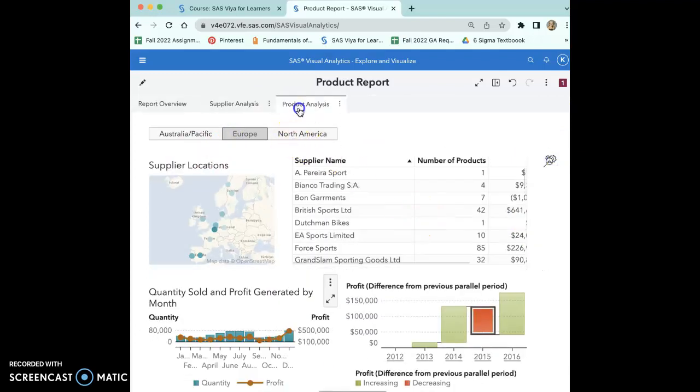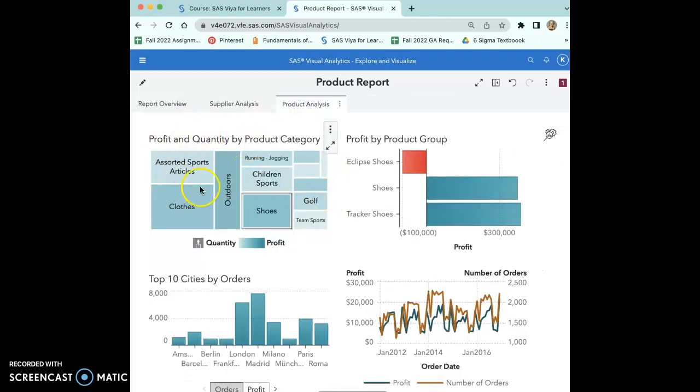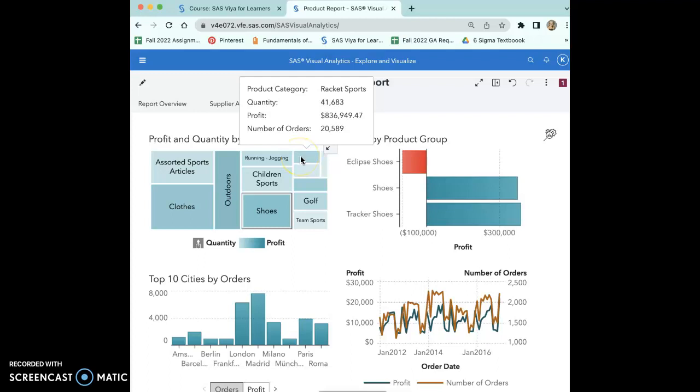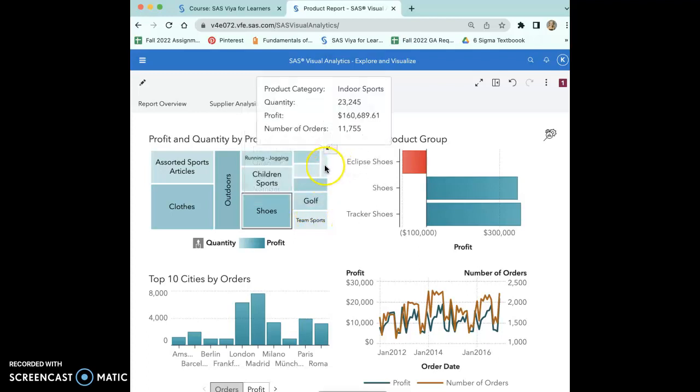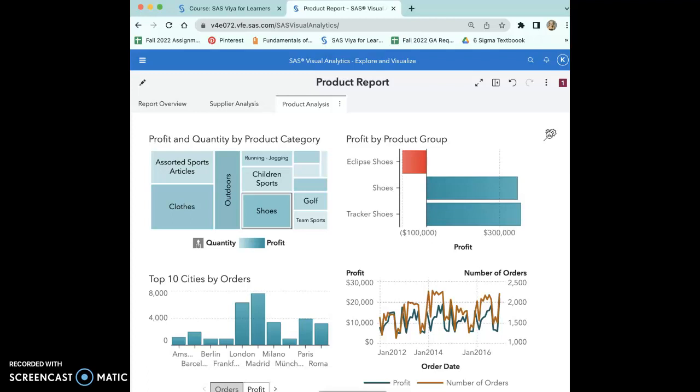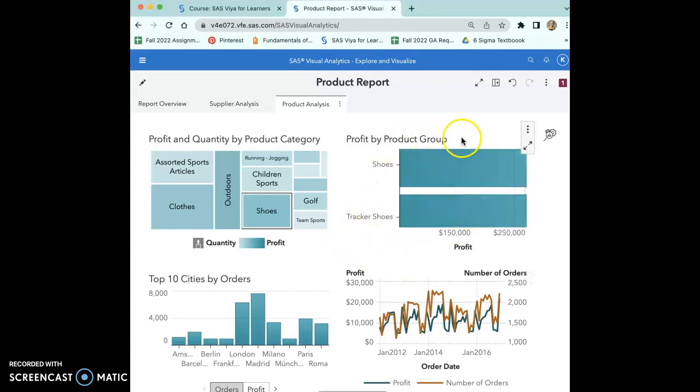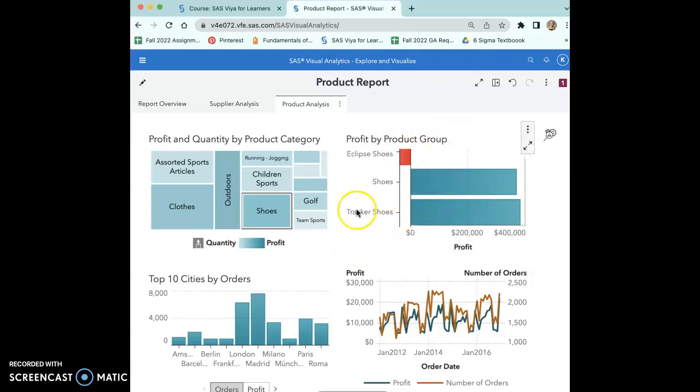If we go back, if we go to product analysis, we can see that these are the product categories that our products fall into. So assorted sports articles, clothes, outdoors, shoes, children's sports, running, jogging. If we hover over, we can see that this is racket sports, swim, winter, golf, team sports, and then indoor sports. So that is a brief demo of how to use SAS Viya and look around and see